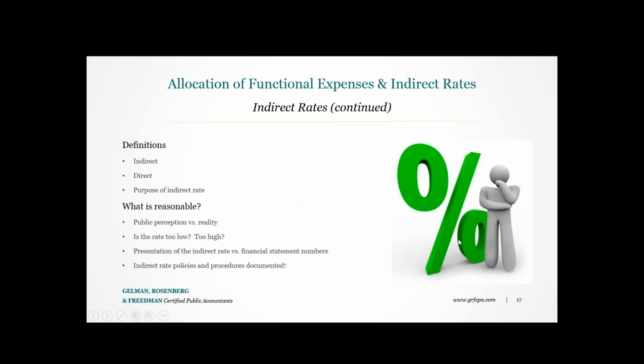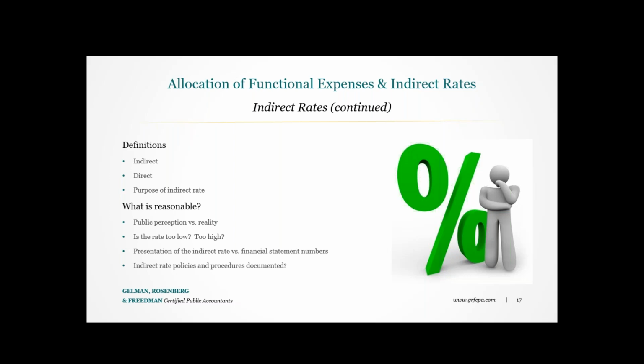Let's first start out with some basic definitions. What is an indirect cost? Jen covered a little bit of this in the previous section, but an indirect cost is a cost that is not directly attributable to a specific cost objective or a particular project or activity. An indirect cost has multiple cost objectives. This type of cost benefits a multitude of activities. As an example, rent, utilities, insurance, supplies, and others are examples of indirect costs. They cannot be attributed to a project, but indirectly add value to all the programs of the organization.